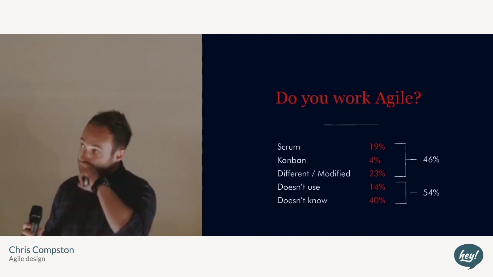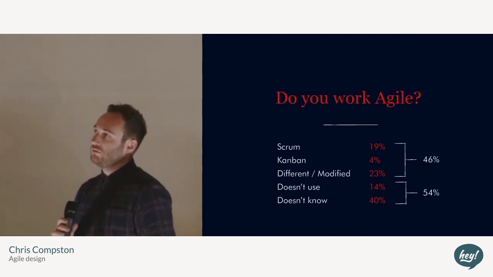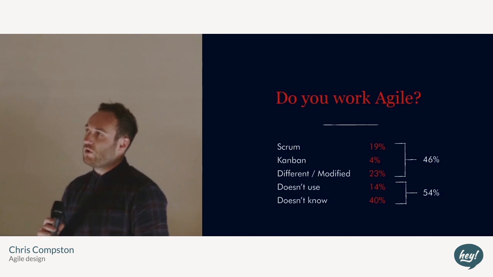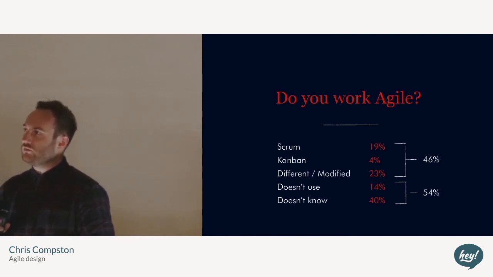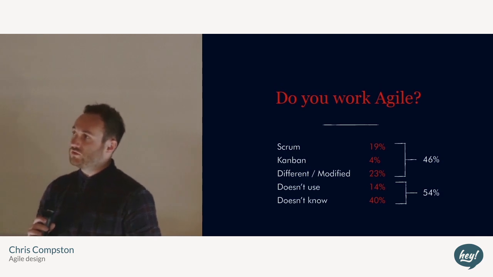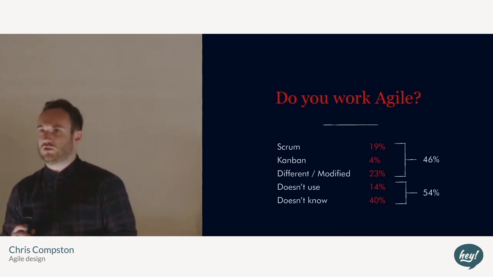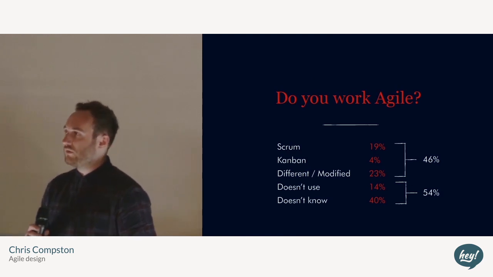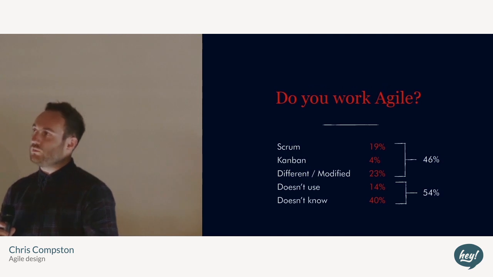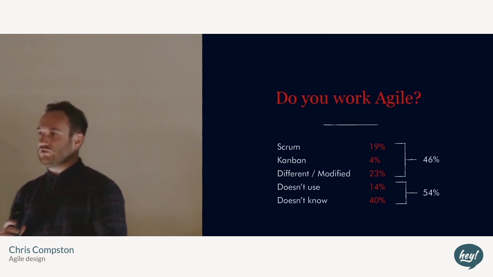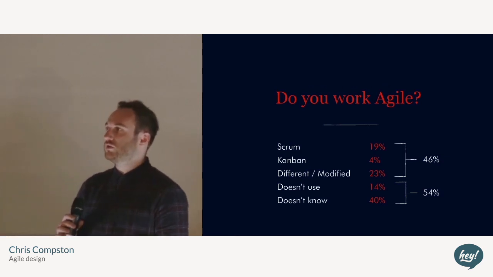And the second question was, do you work Agile? There are quite positive outcomes here, and I was really pleased with them. Basically the top 3, the first 2 are Agile methods. The third one down is, yes, I work Agile, but I use my own method, or a different method to the ones you've asked about. And the bottom 2 are, no, I know what it is but I don't use it, or I just don't know what it is. Why are you asking me this stupid question?